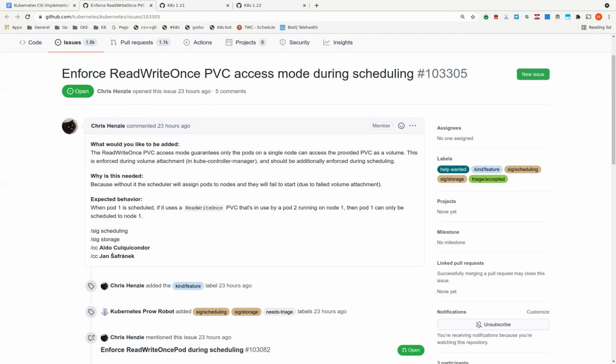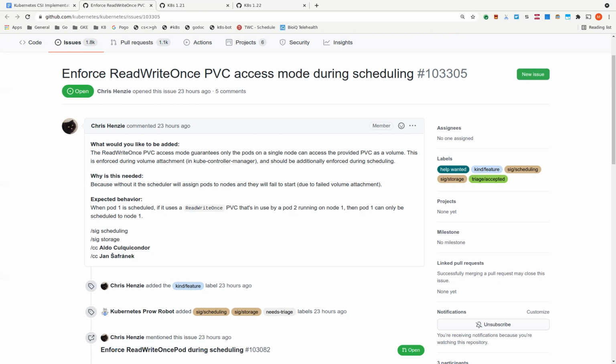I think the other thing to think about is if there's any autoscaler scenarios that might be better if it's enforced in the scheduler, because the autoscaler basically runs the scheduler as a simulation.